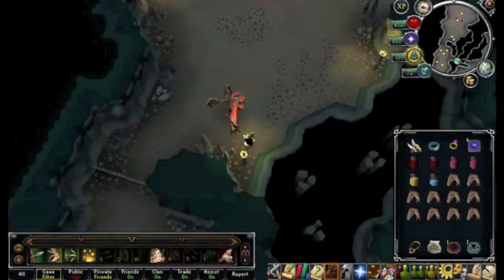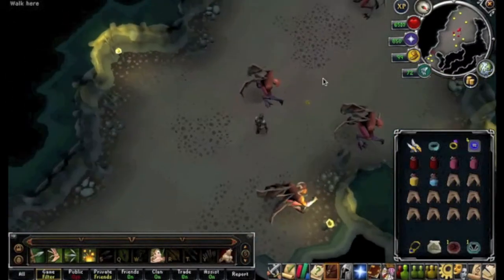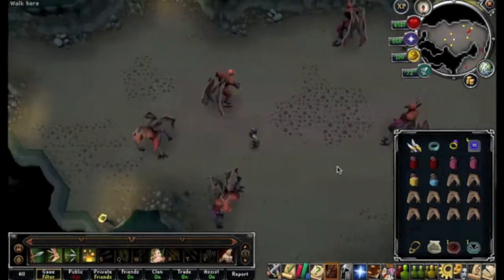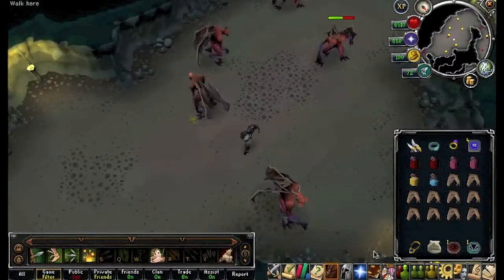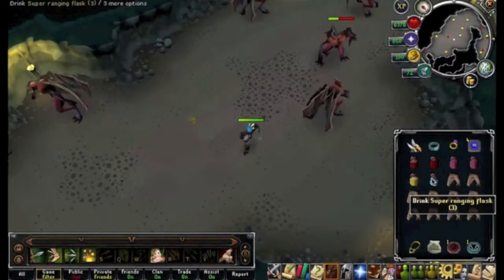Now, before we get to Greater Demons, I wanted to explain this slide, and this slide shows the charm rate of Greater Demons. This is the reason why I do Greater Demons, because of the 26 to 27% drop rate of Crimson Charms. Now, getting back to the actual slaying in this video, what I'm doing here is I've got my prayers activated,